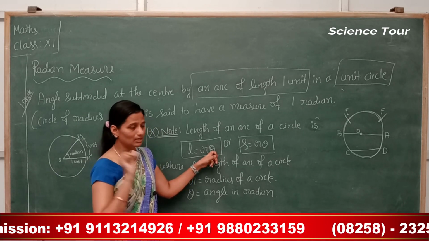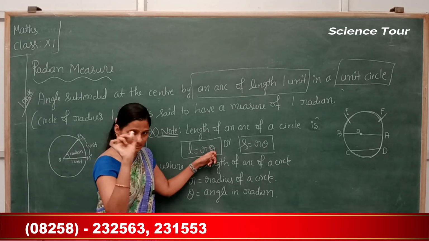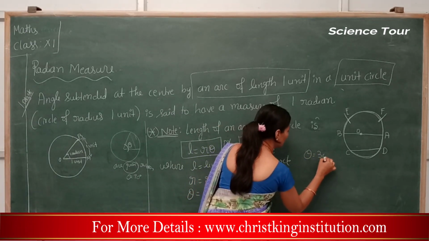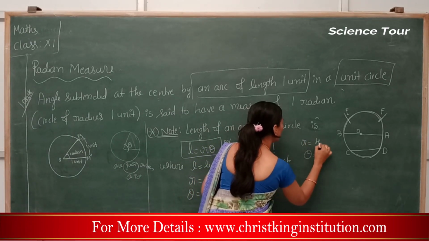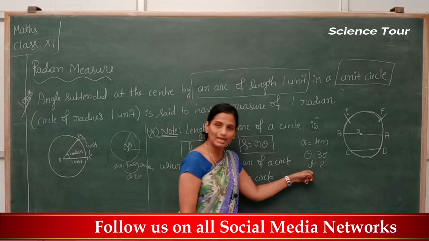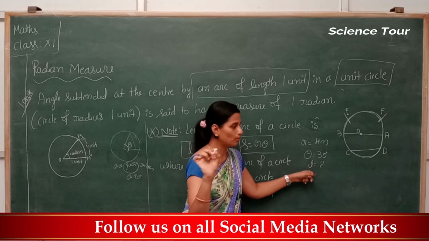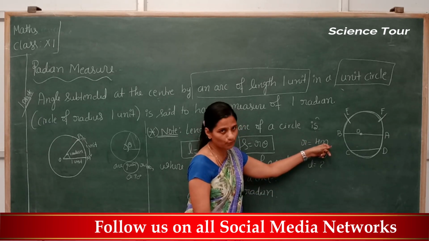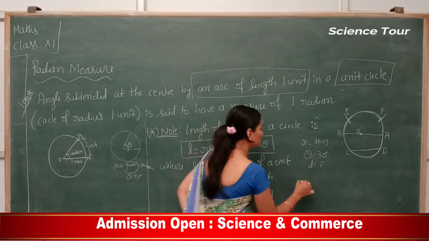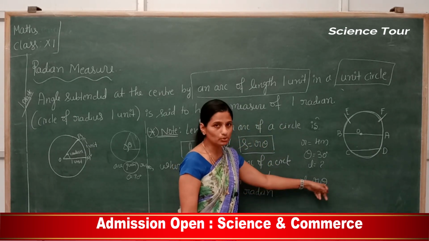In radian. Clear this? Remember, this point is important while substituting in a question. Suppose theta is given as 30 degree and radius is 4 meter, and you have to find the length of the arc, that means you have to find L. Suppose your question is: find the length of arc of a circle whose radius is 4 unit and angle is 30 degree. So how to find the length of arc? L is equal to r theta.